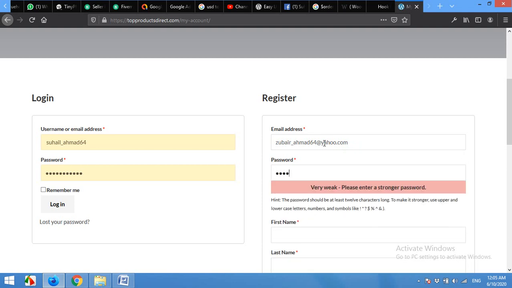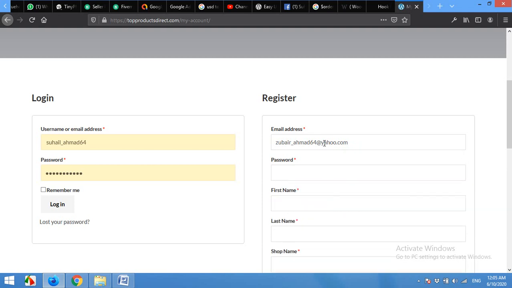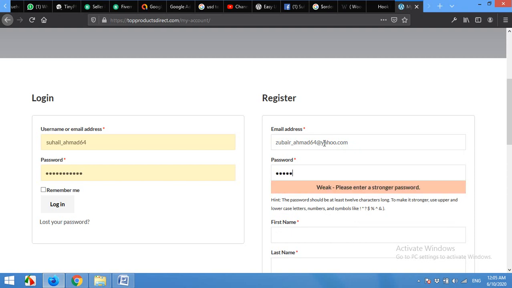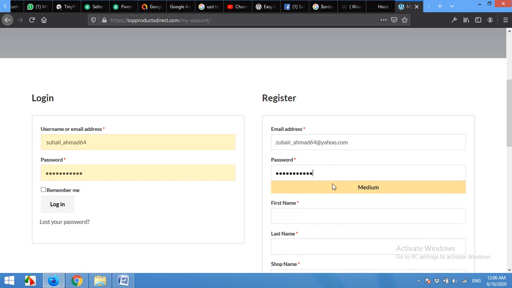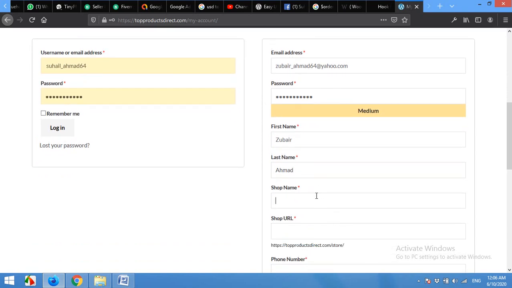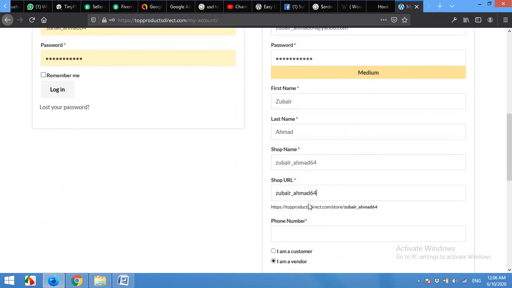Give your password. First name. The shop name, I'll leave it as it is, as the name of the person, and the shop URL will be automatically generated, and you can see the shop URL as /store and / the username which we mentioned here.